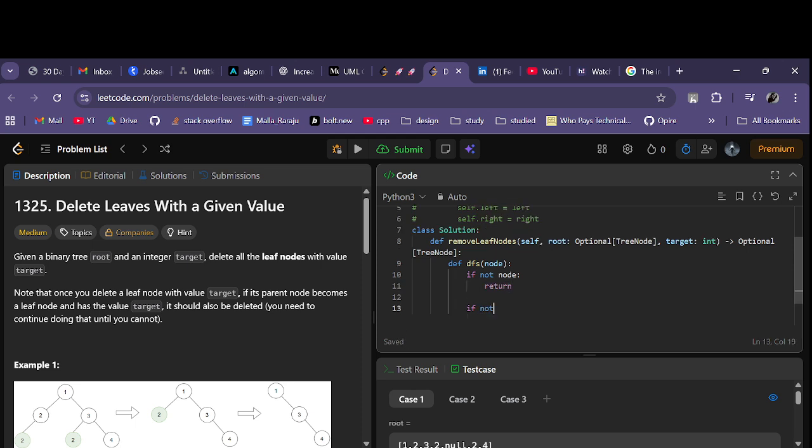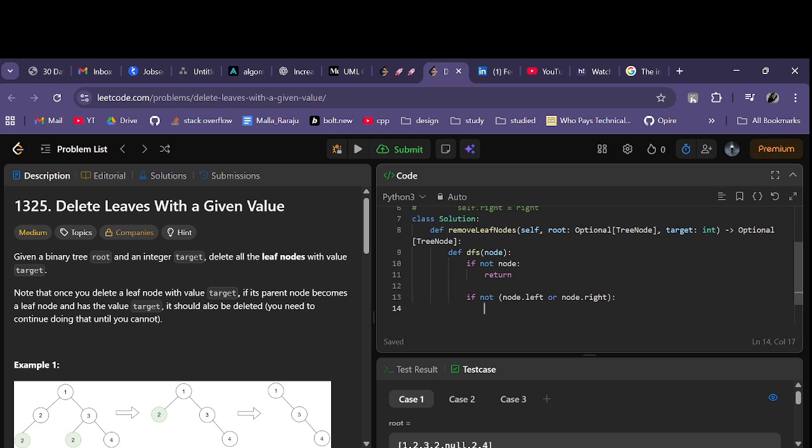If not node.left or node.right, then it is a leaf node. If node.value equals target,